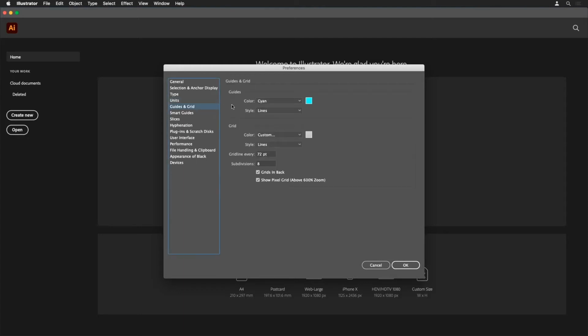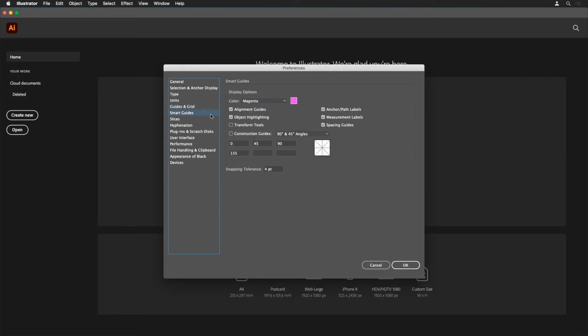We did talk about guides and grid. Again, this helps. If you want to change different colors, that's fine too. For me, I prefer dots rather than the hard line, so you can just change that. Smart guides, again, you can turn it on and off if the lines popping up are too intrusive. And also